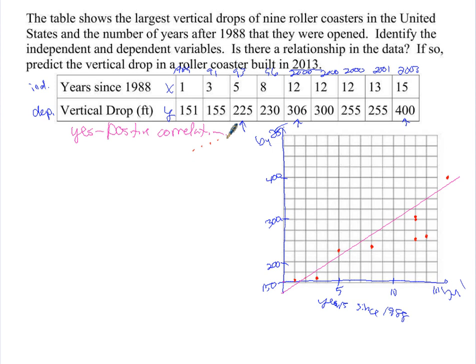Meaning as years go on, these roller coasters seem to be getting taller. Now, predict the vertical drop in a roller coaster built in 2013. That means we have to come up with our equation. So what we're going to have to do now is pick 2 points that look like they're pretty good points